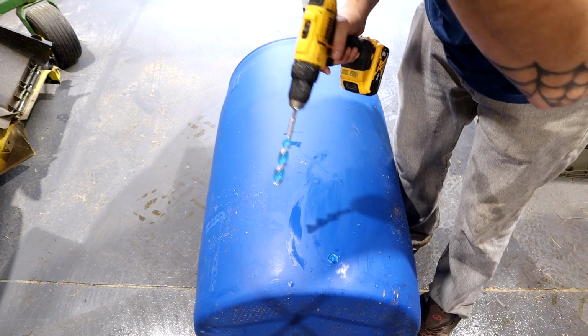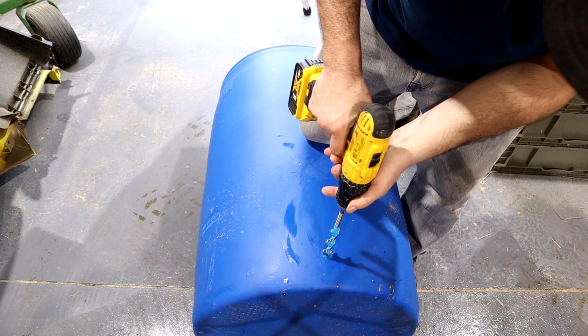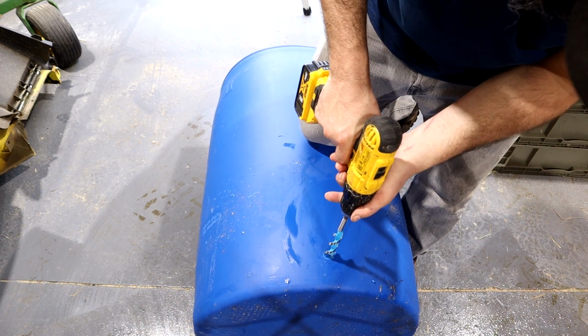A spade bit would work perfect for this too, and I have some. I just forgot about them, so I'm gonna just bore this hole out a little bit bigger than it should be, and then